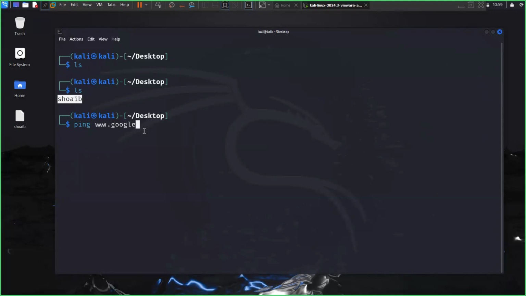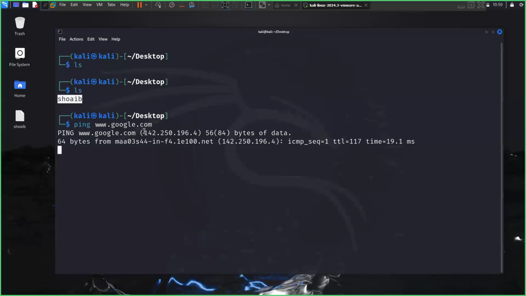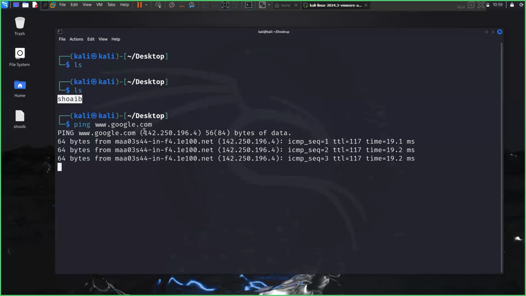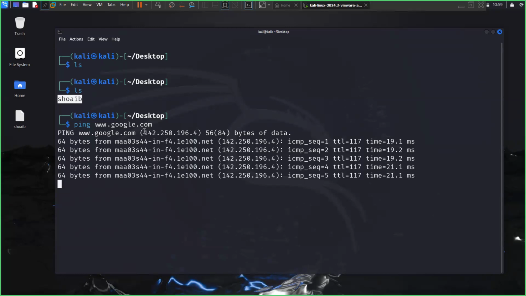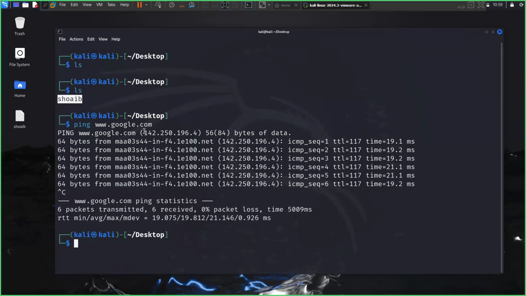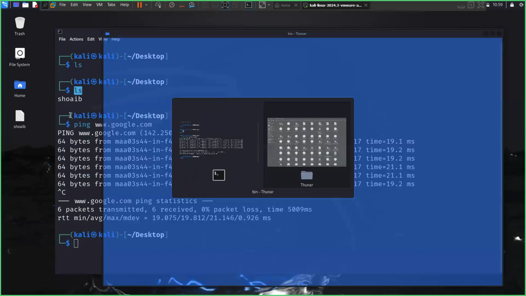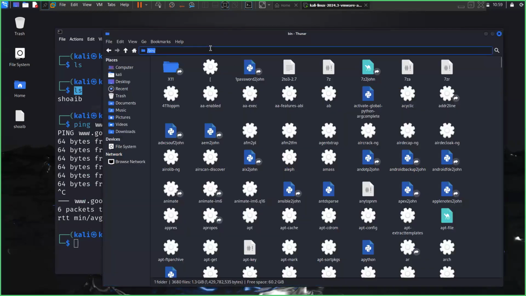www.google.com. All these commands which I'm executing here are stored as binary scripts. Binaries are basically the script files which represent the commands you can run in the terminal. Whatever commands I'm running here, ping, ls, clear, all of those are stored in the bin folder here. So if I search here, let's say clear,